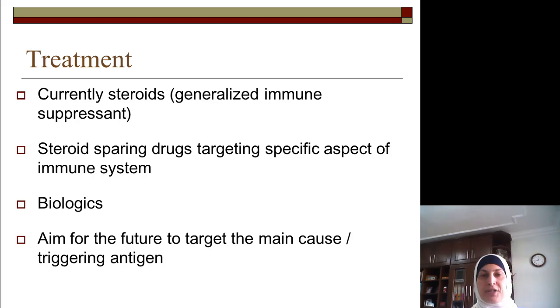We will talk later about certain biologics like anti-TNF or anti-interleukin 1 or anti-interleukin 6 medications that manage to target a certain part of the immune system instead of suppressing the whole immune system, which would make the patient susceptible to infections. We are trying to limit the side effects of these anti-inflammatory medications. So using biologics would help. Still, they have side effects, and our aim in the future, or the research actually tries to figure out the